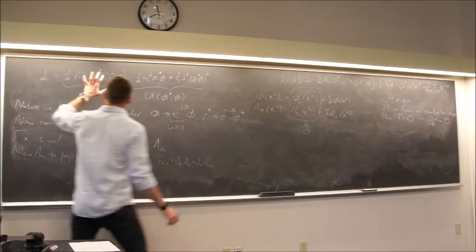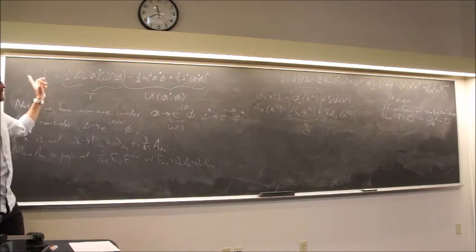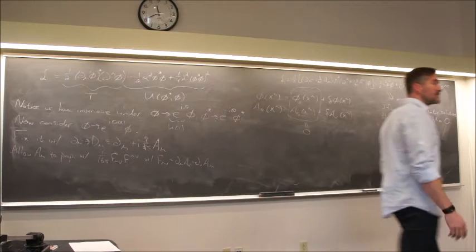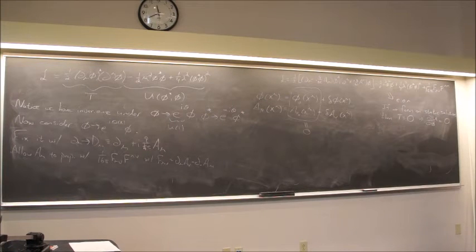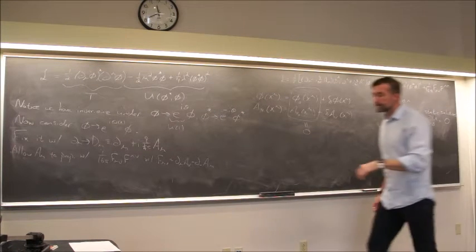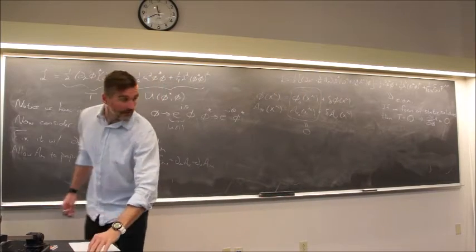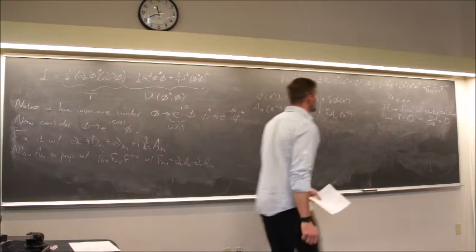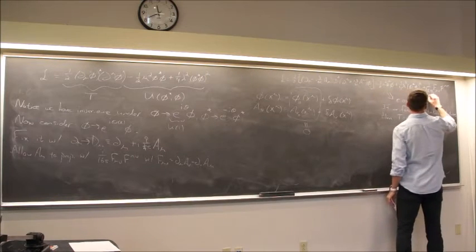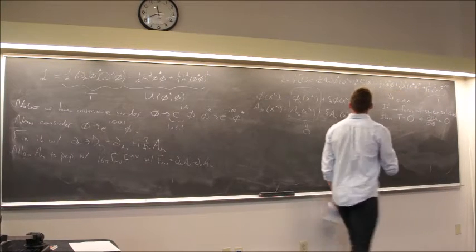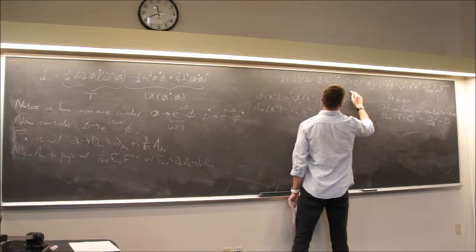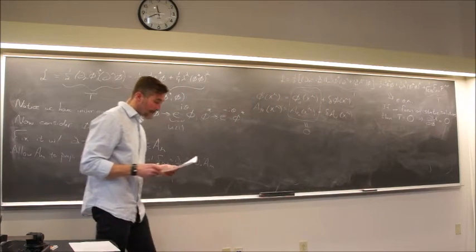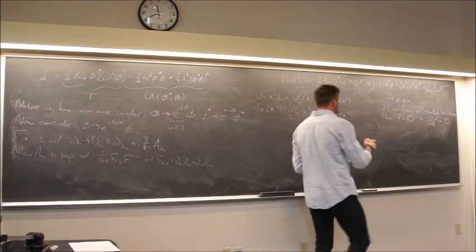Because if you demand that the kinetic term be 0, the only thing left in the Lagrangian is this potential. So you're just extremizing the potential. Fortunately, we can do that. It's not the worst thing. By the way, these are kinetic terms as well. Okay. So if we extremize this potential,